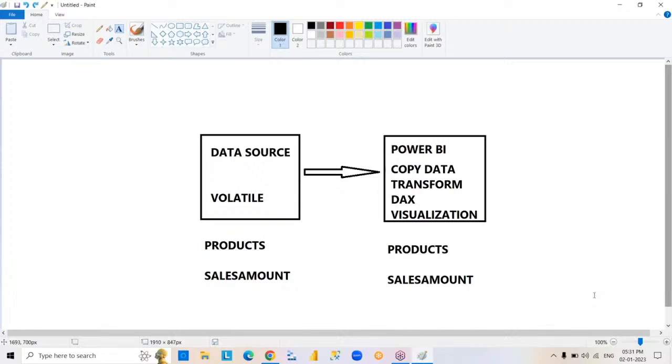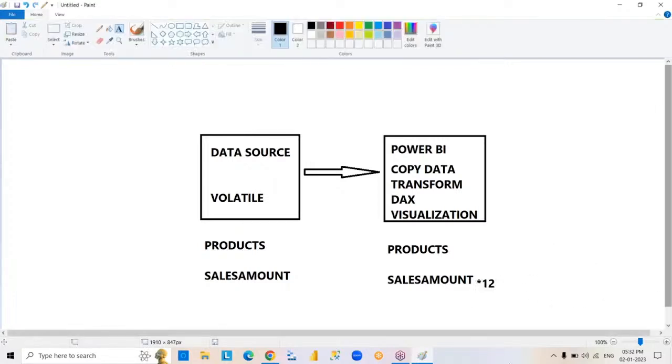You copied data, you transformed it. Now you are going to create some report. You have sales amount column, but this is monthly sales amount. What type of sales amount column is available? Monthly sales amount is available. But for your report, you need